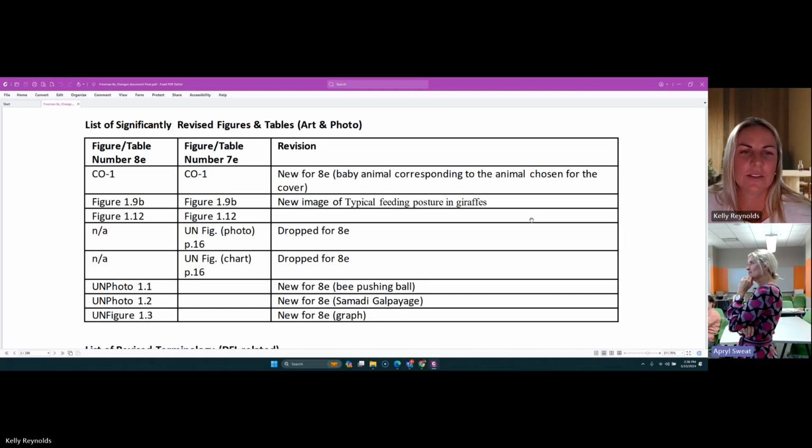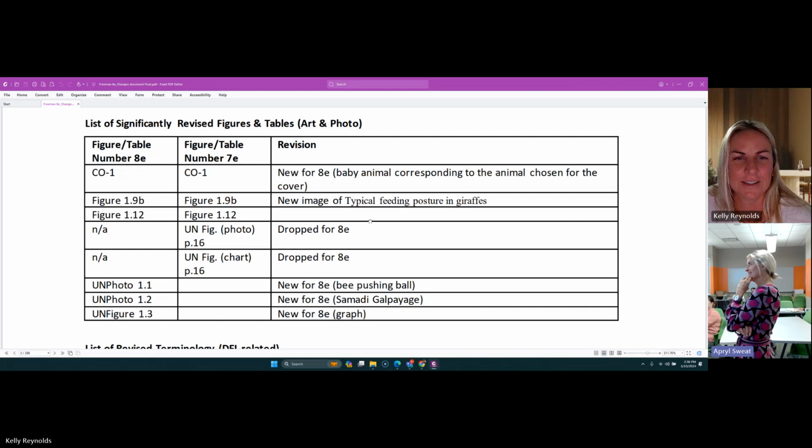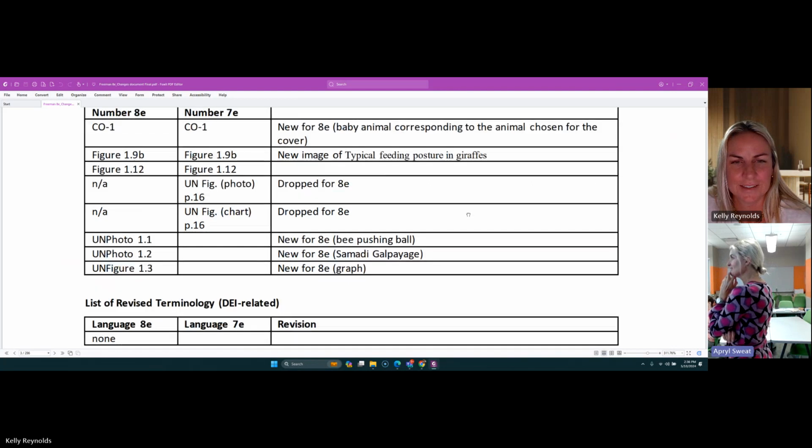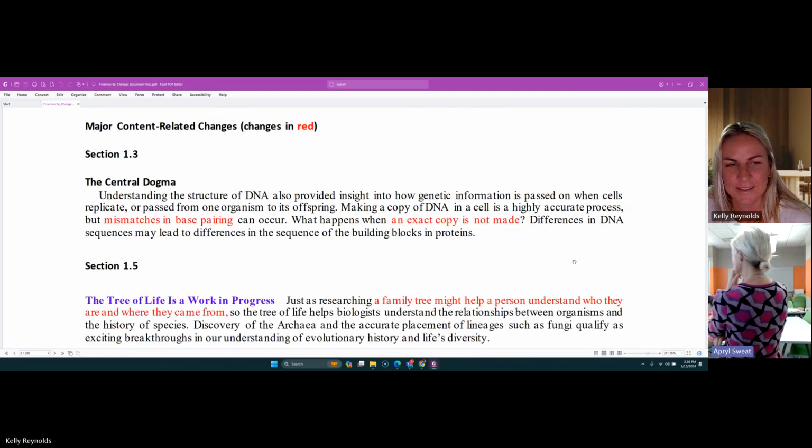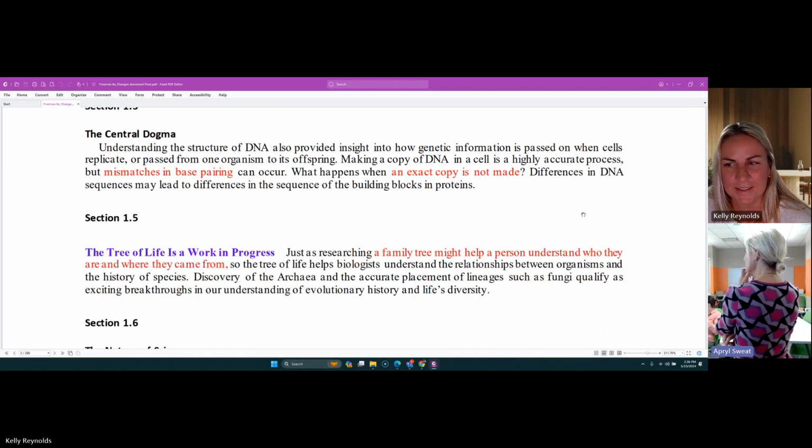This one makes me laugh. It must have been a baby newt before, and now it'll be a baby bird. Yeah. I'm not sure what that is, but this is the man behind the curtain right here. It's changing baby newts to baby birds. There you go. I'm still waiting for there to be a plant on the cover of Freeman. That's my dream one.